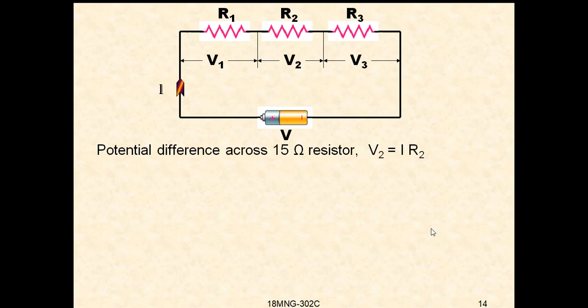And the voltage across the second resistor, that is 15 ohms resistor, V2 is equal to I into R2, which is equal to 0.4 into 15, that is 6 volts. 6 volts is the voltage across the resistor R2,